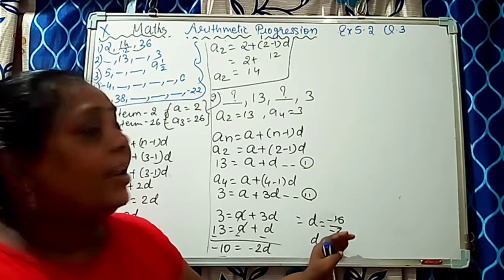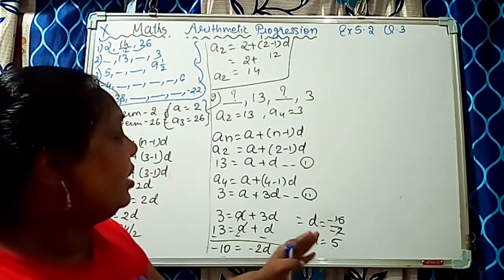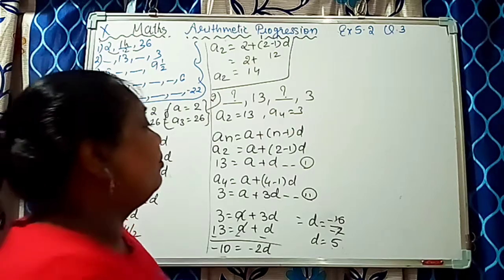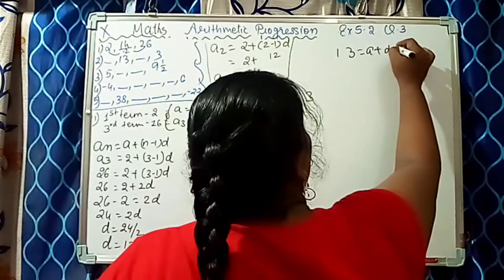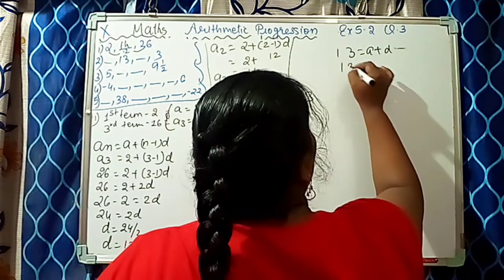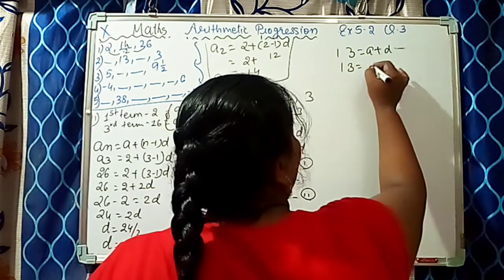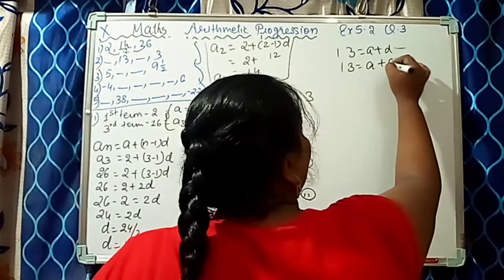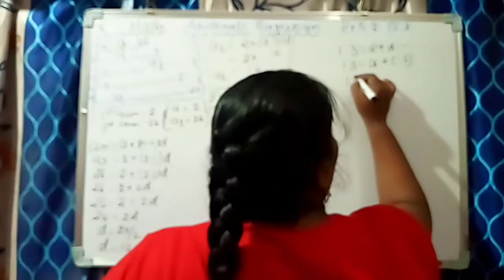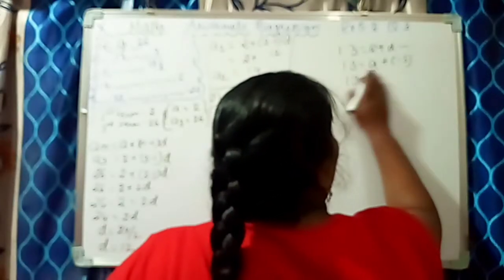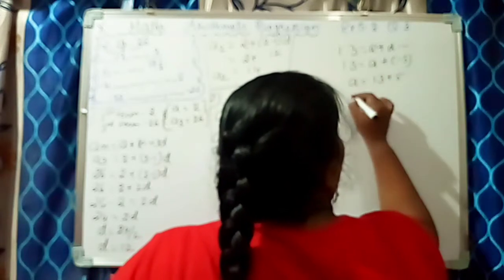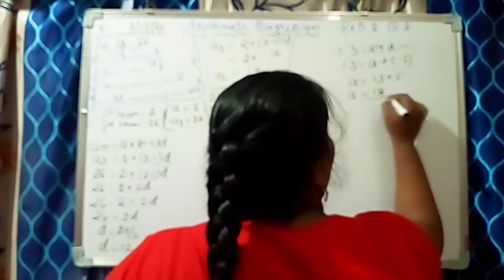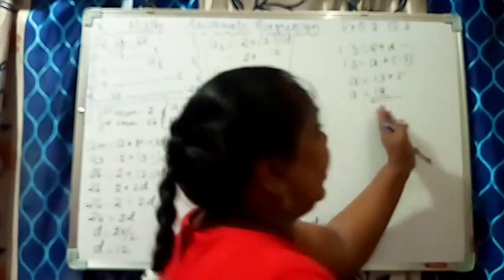अब D find किया है. So we will put this D in the equation 1. So 13 is equal to A plus D. That is 13 is equal to A, what is? We don't know. Okay. And D what is? Minus 5. So 13 is equal to what we will do? A is equal to 13 plus 5. That is A is equal to 18. We got the answer 18.